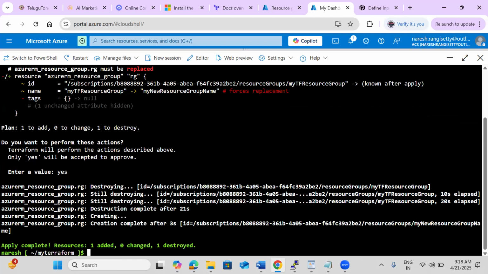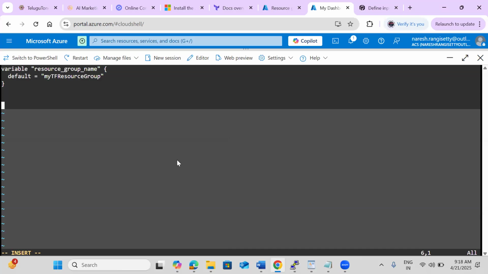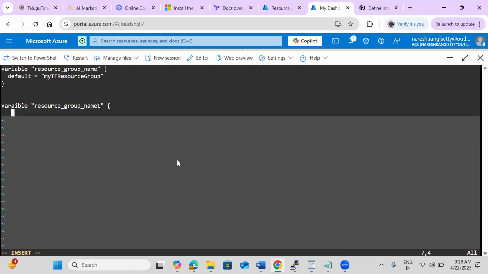Now I'll go to variables.tf. Now I'm going to declare one more variable. Try to understand here. Now variable, then I'm going to give here resource_group_name_one. Default equal to